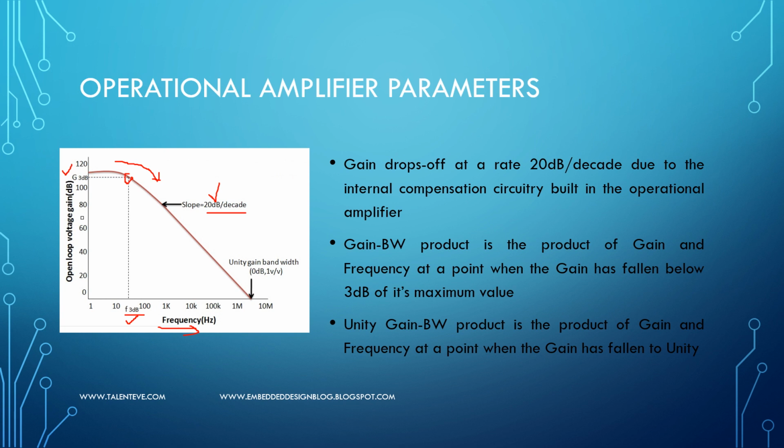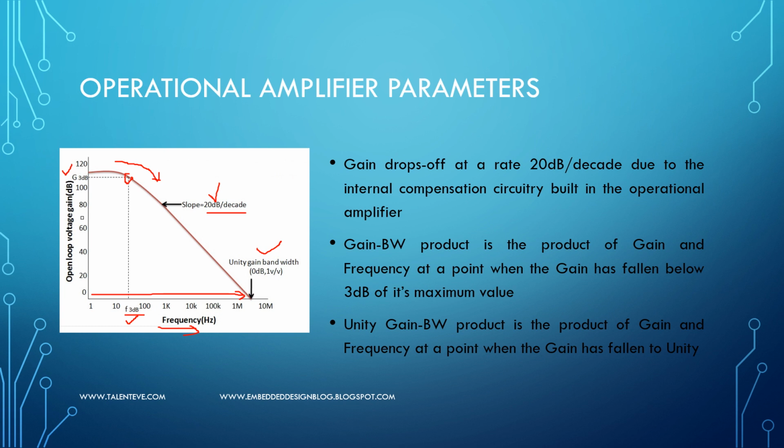And then there is one more parameter that is also represented in the data sheets, which is called the unity gain bandwidth. The unity gain bandwidth product is nothing but the frequency at which the gain falls to unity, that means one. When the gain is unity, you can still use an op amp, right? Because instead of an amplifier, you use it as a voltage follower, but still the op amp functionality can be used. So you can see here the range from 1 to whatever, between 1M and 10M. This is called the bandwidth of the